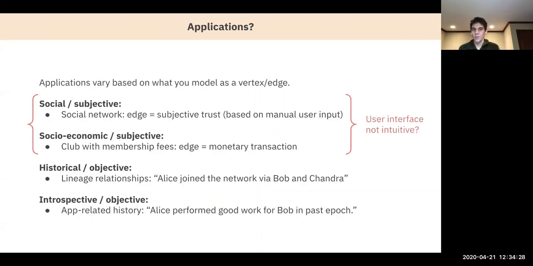So the question about applications of this paper, I kind of see that they fit in two categories. The first category is subjective meanings of an edge. The most obvious one is using the actual user's trust relationships in real life to mean an edge. So having a system that asks users to link up friends. So it is subjective. There's a couple of problems with it. Sometimes being social doesn't make sense. For instance, this would create a lot of friction if you asked DHT and GossipSub users to be creating social networks,